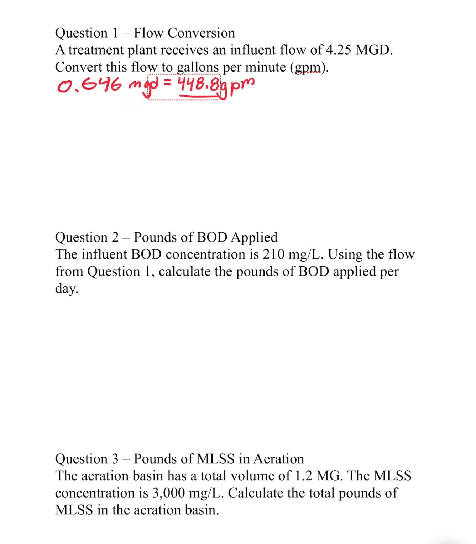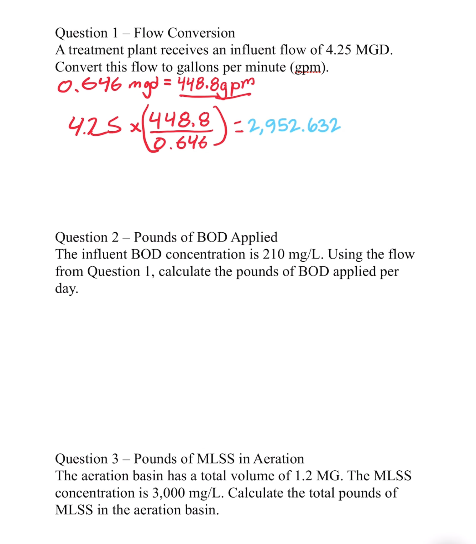So if we know that we're converting to GPM, then we know that that number is going to go on top when we convert. So 4.25 times 448.8 divided by 0.646, and that's going to equal 2,952